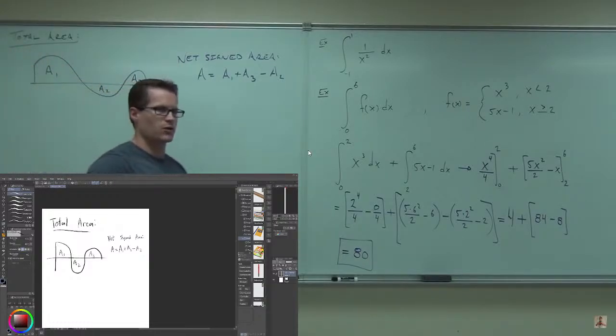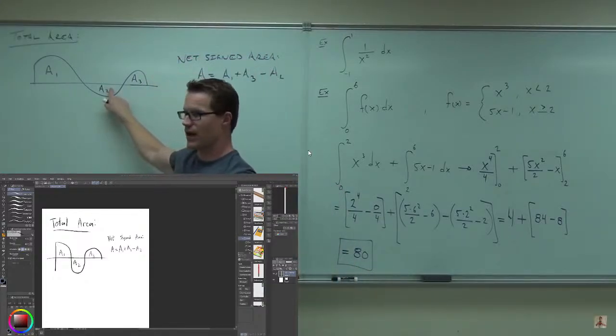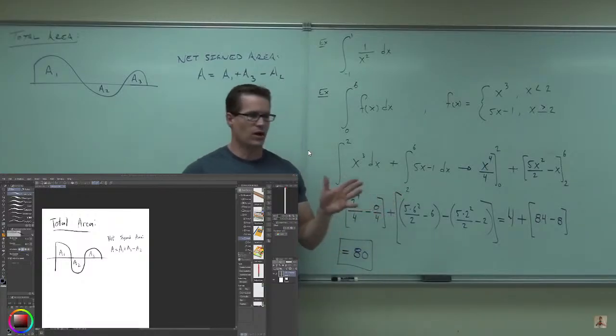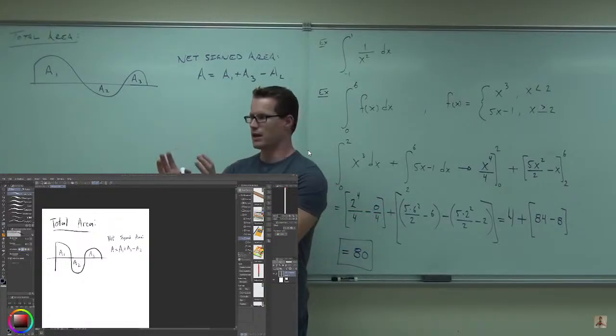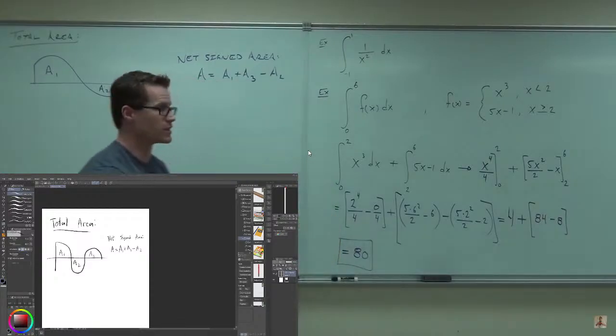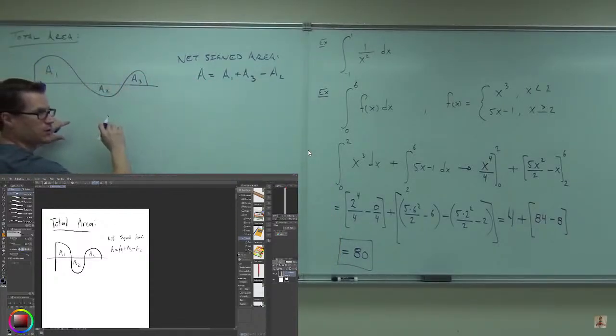So one question I have for you is, how in the world could we get this area to become positive? How would you do that? Absolute value. Say it louder. Absolute value. Absolute value will absolutely take any negative thing and make it positive whenever you see it. Right? So what we're going to try to do is this. We're going to try to take this one and flip it over and say, all right, well, total area then should become